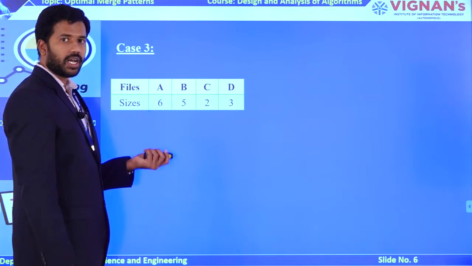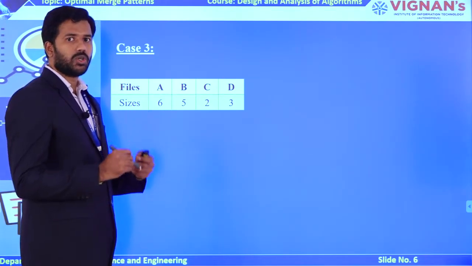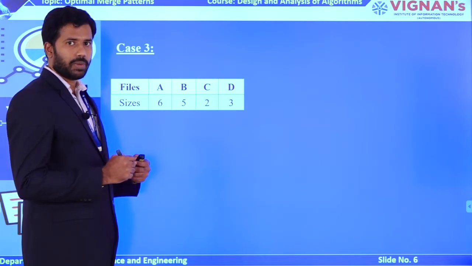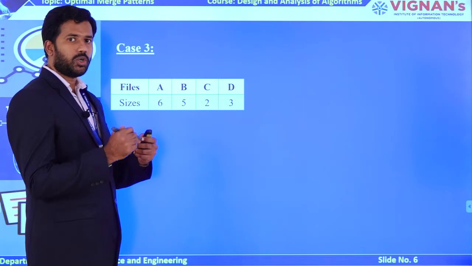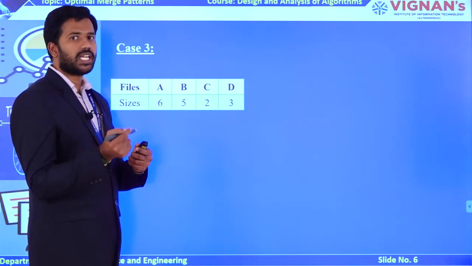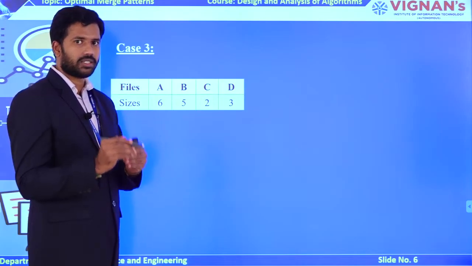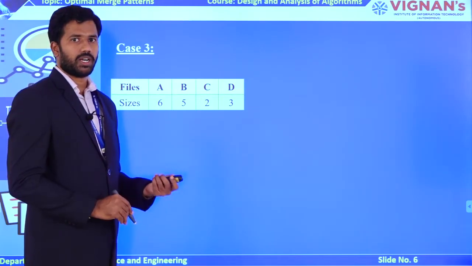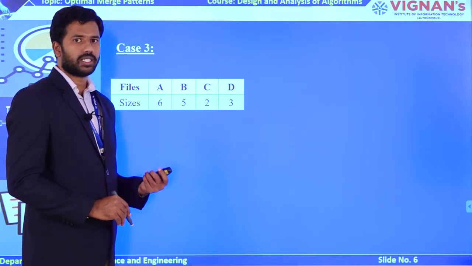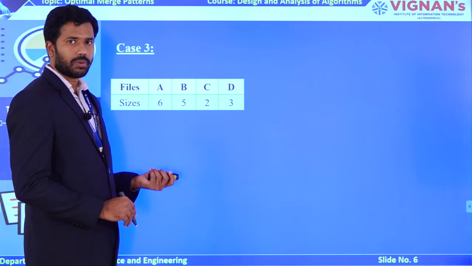So what the greedy approach is telling is, to get the optimal minimum solution, that is going to be my best solution, try to merge the least size files first. If you merge the least size files, ultimately my entire solution is going to be optimal, nothing but I have the capability to get the minimum solution. Okay. Now let us observe how greedy works.